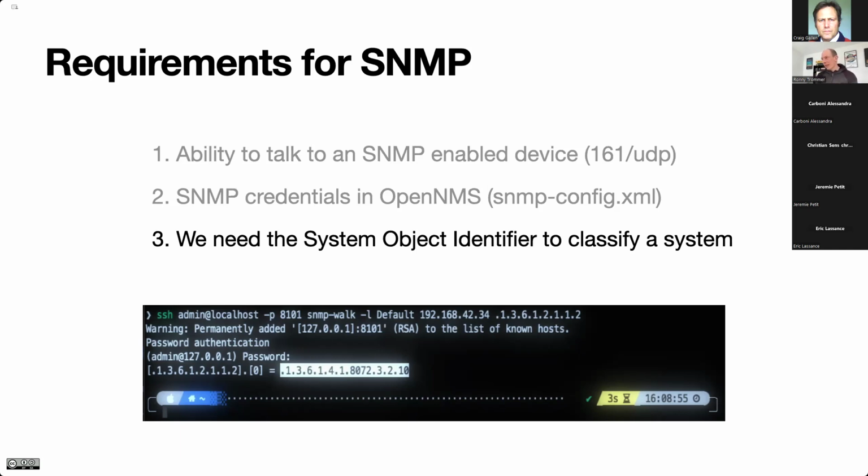So in SNMP, you have a convention, like that 8072. They are enterprise MIBs, so vendors like Apple or HP or whoever builds devices can register an enterprise ID, and then they build their own tree of metrics they want to provide. So they get basically their own namespace for metrics. And these metrics need to be described somehow, and that is where the MIB comes into play.